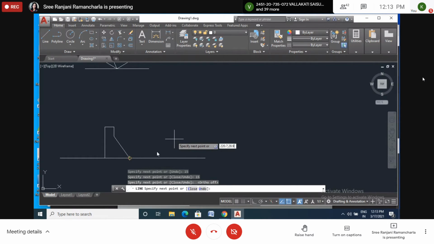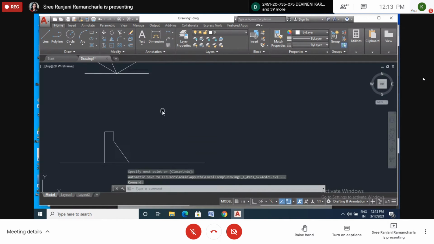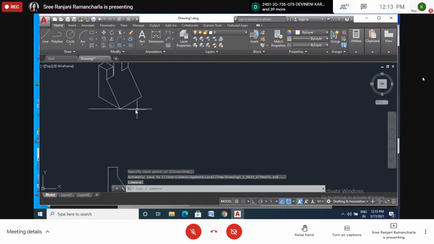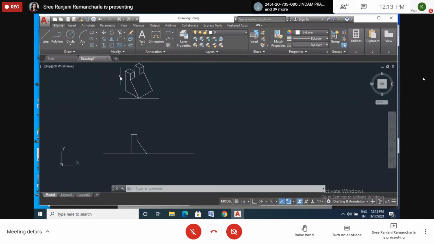Now what I'm saying is, just now I said that we don't know how to draw this line, or this 45 angle, how much is the length. So what I did is, we can draw some length here. So instead of doing this one, I had drawn here. So from here, how much depth have we taken? 30.